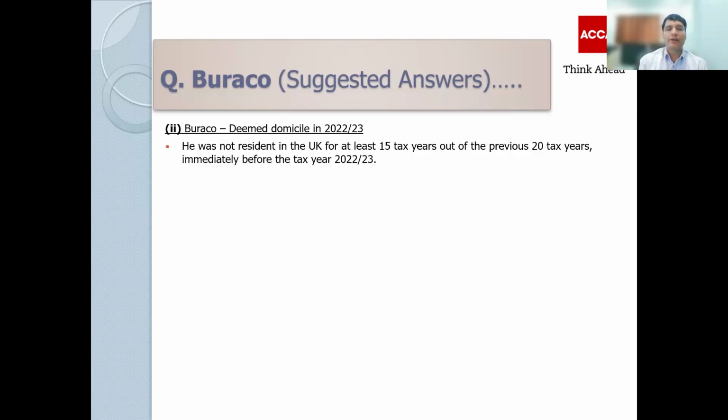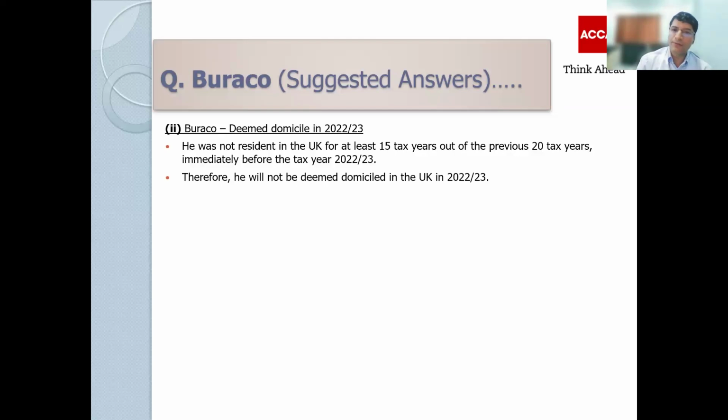He just came last year. He just came actually this year. The first thing is resident or not. He is not resident. In the second part, assume he is UK resident. That's what he's saying. But no way resident for 15 years, just 1 year anyway. So therefore, he will not be deemed domicile. That is the answer. With these 2 points, you will have that 2 marks.